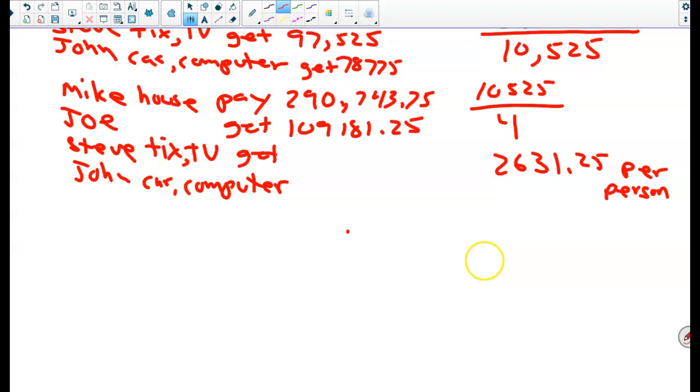We add on to Steve's. He ends up with $100,156.25. And we also add on to John's, who's going to get $81,406.25. And what I think you'll find is if you add the three gets,